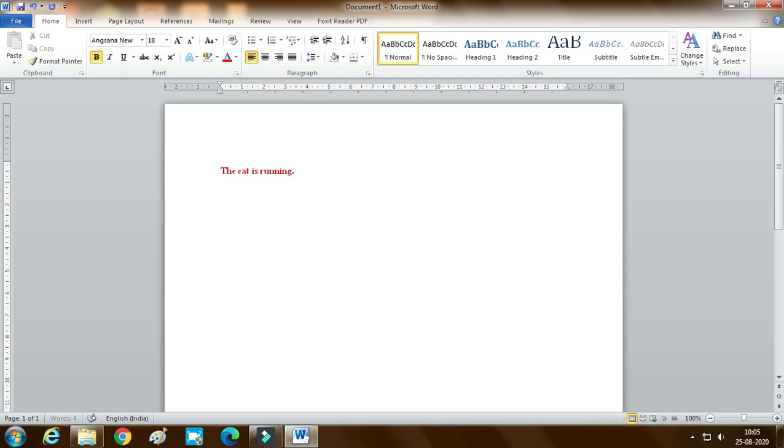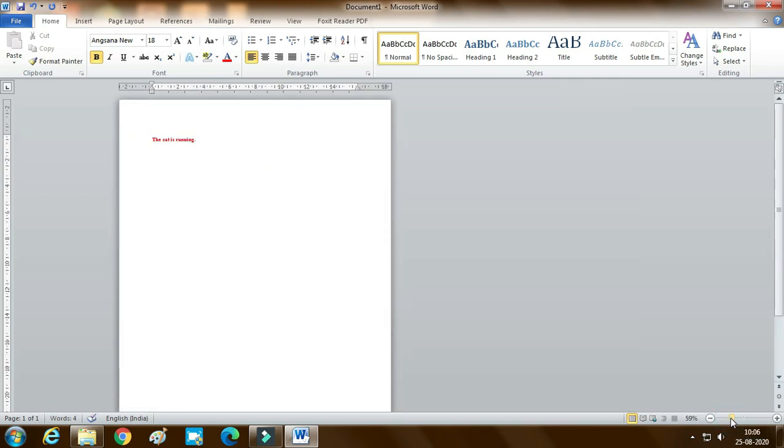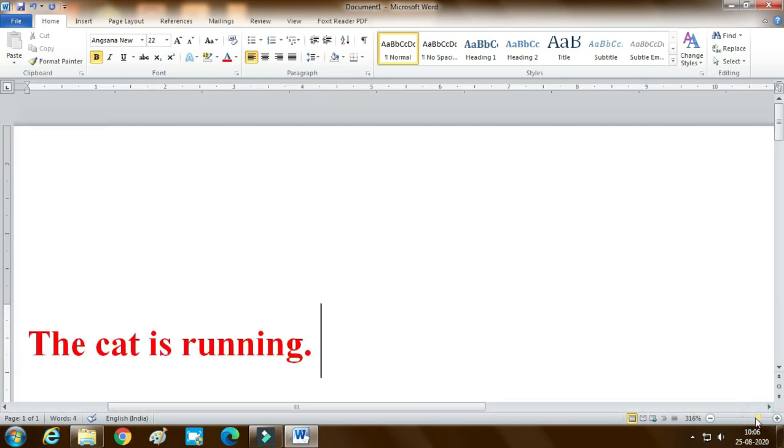Next we shall learn about the zoom control. The zoom control lets us see our documents in a smaller size as well as a bigger size. When we click on the left side of the slider, we can see our document is reduced to the smaller size. We can increase the view by clicking on the right side of it, to the bigger size.